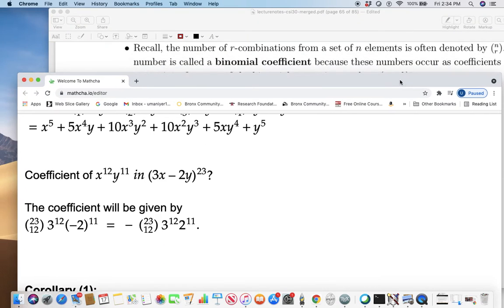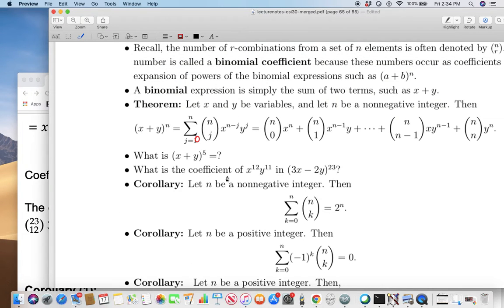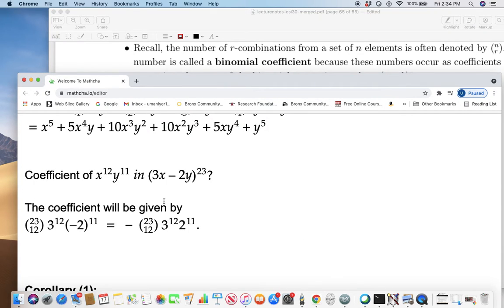What is the coefficient? That's the next question. What is the coefficient of x^12 y^11 in the expansion of (3x - 2y)^23? Well, I want the whole power 23. All right, so x^12 and y^11. Together that's 23. How do I get y^11? Well, the second term has to be taken to power 11. That is, I am looking at